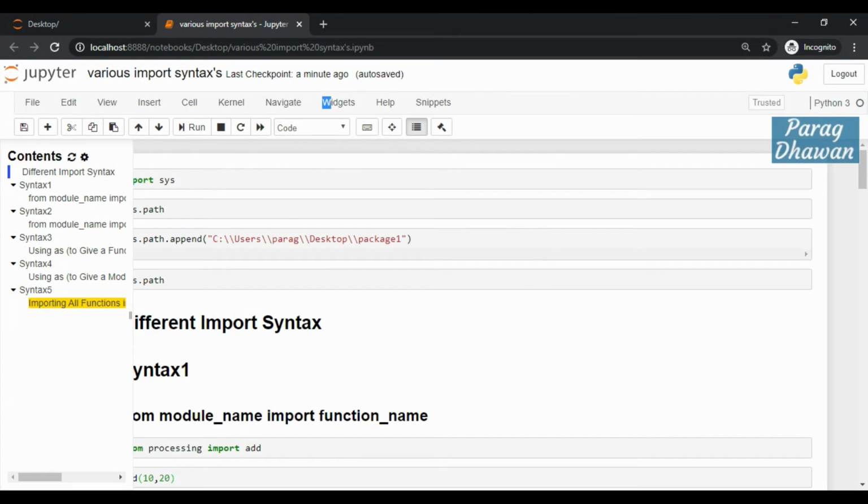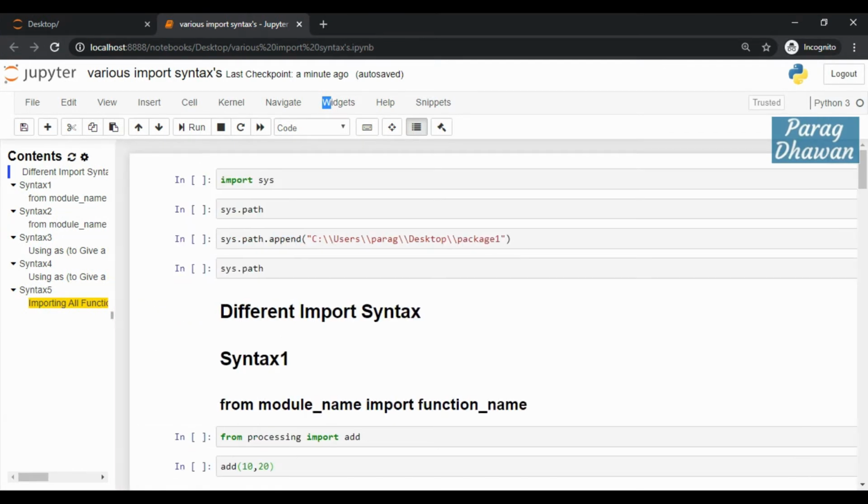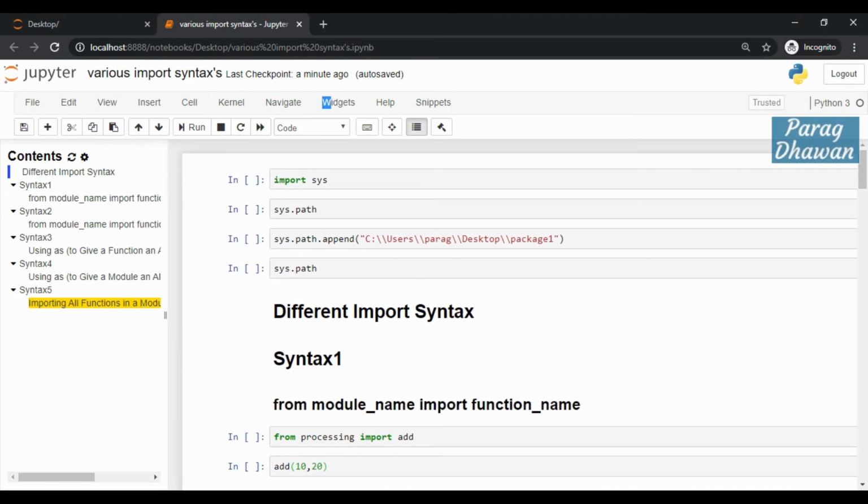Let's move on to syntaxes first. Here I will discuss one hack with you: if you want to avoid using sys.path.append and the path to the package where your modules are available, create the module inside the folder wherein your ipynb file is present.